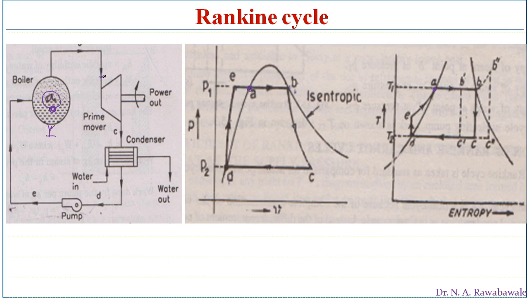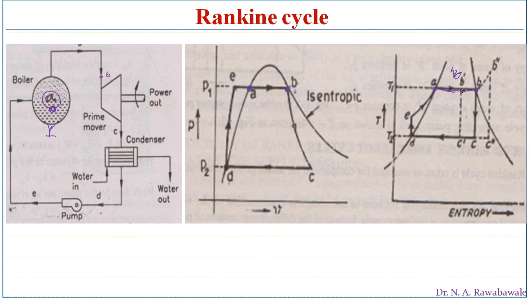So at point B, we assume that the steam coming out of this boiler is dry saturated. Dry saturated steam comes out of this boiler by absorbing latent heat of vaporization, and this steam is ready to enter the steam turbine. So steam absorbs latent heat of vaporization between points A to B, and at point B steam comes out of this boiler as dry saturated steam. From A to B, steam absorbs latent heat of vaporization, that is hfg, and at point B steam comes out as dry saturated steam.